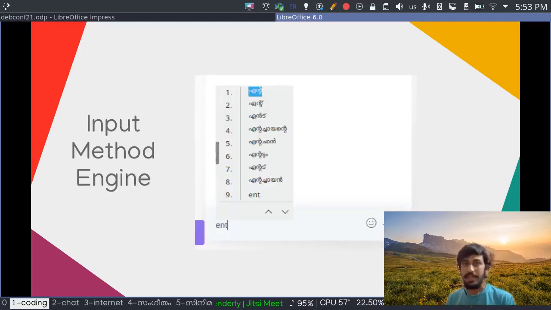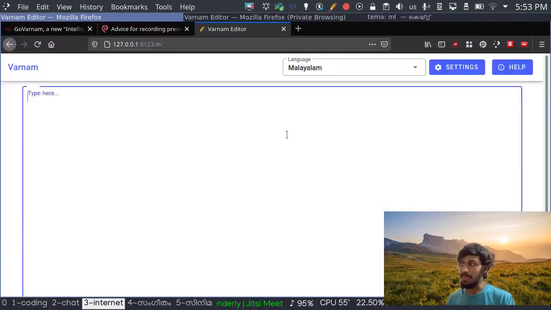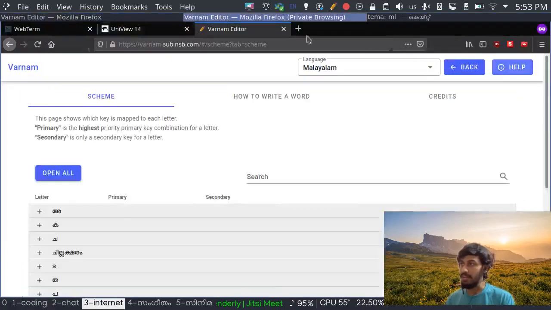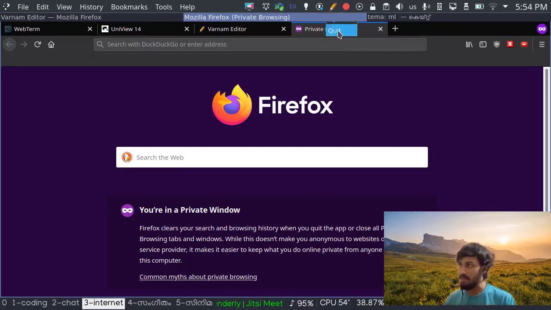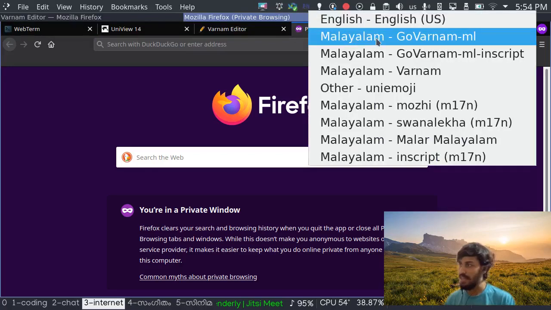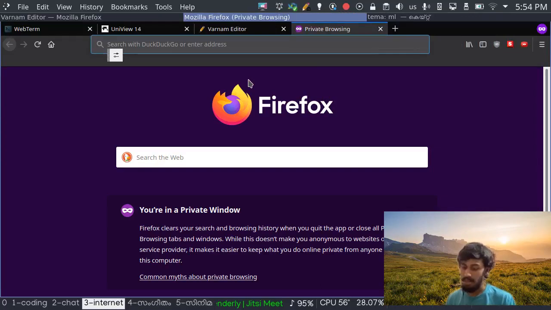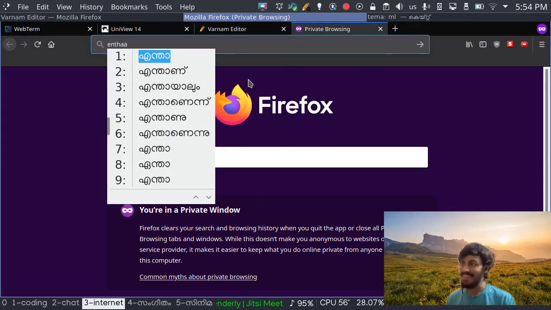And now let's move on to the input method engine. So what is an input method engine? It is simply an integrated input method on your system. I can just go to any window, for example this browser window, Firefox. I can simply choose an input method. Let me close the desktop window. I can choose the language from here. I'm going to choose Varnam, Malayalam language, and I'm going to type something. Let's go to the first example again, and you can type directly into the window itself. That's a special feature, and that is what an input method engine is called.